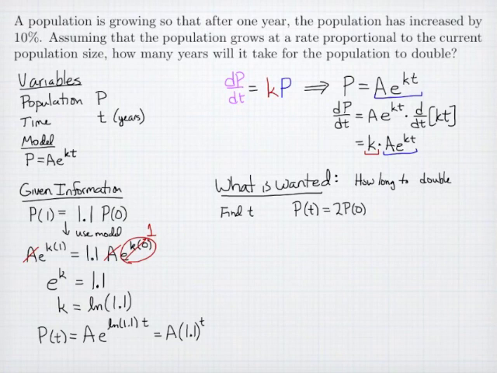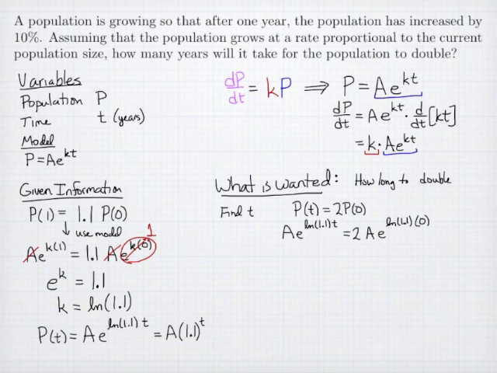Again, I use my model, A e to the k, natural log of 1.1, t is equal to double the population at 0, A e to the k, natural log of 1.1,